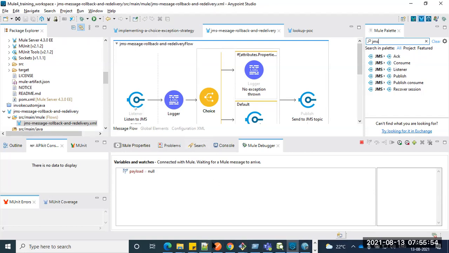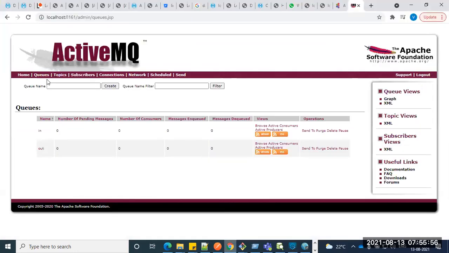So here you see, we don't know from where we are getting this message. Even MuleSoft also can post the message here, so MuleSoft can behave as both publisher and consumer. But eventually in the real-time world, there are several ways the messages will come and get dumped into that queuing mechanism.